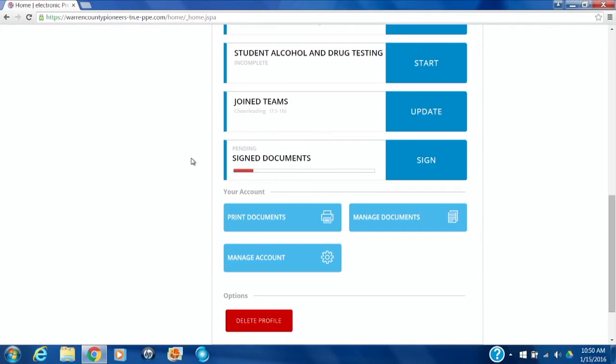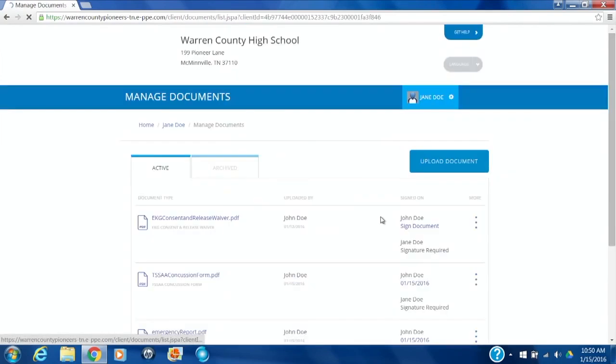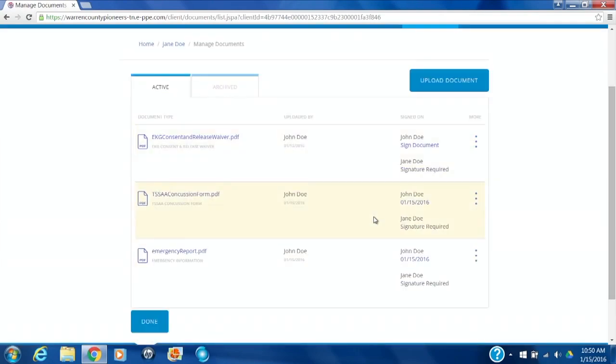It needs to be a good photo. It can't be blurry. And you can actually log into the system on your smartphone and do this with that as well. So what you do is when you're on your home page, here's where you need to put this document. You go to Manage Documents, and then you'll simply click the Upload button, or the Upload Documents button. And if you're using your smartphone, it'll probably prompt you to take it from your photo gallery, and then you can just click that photo and it'll upload it